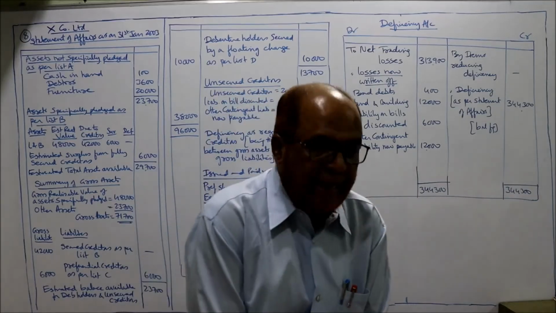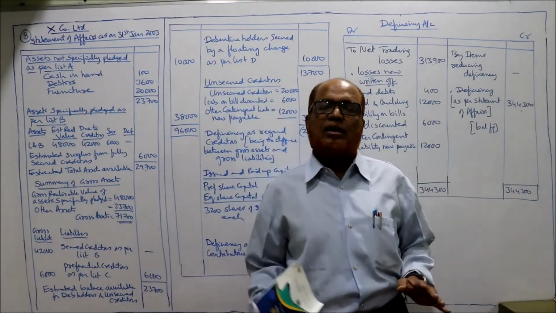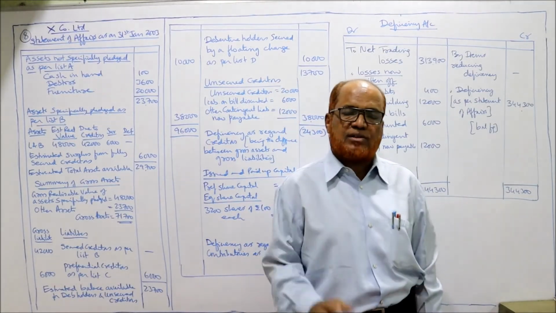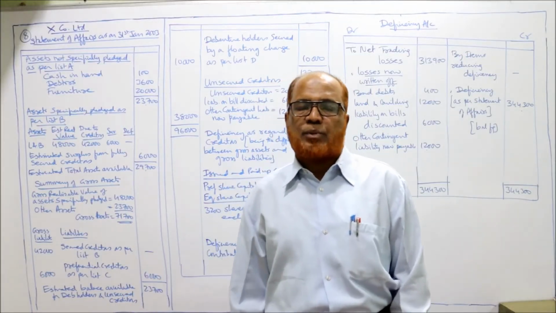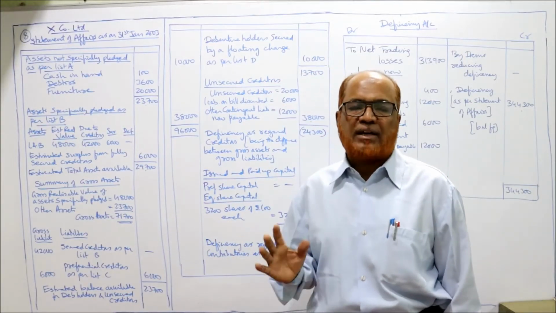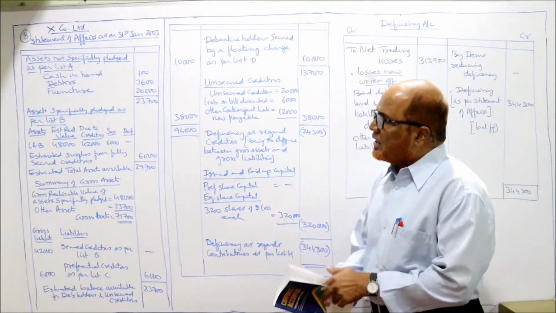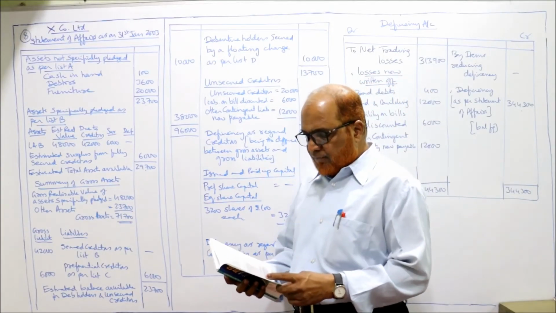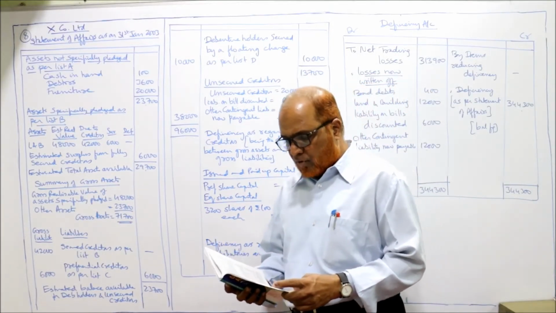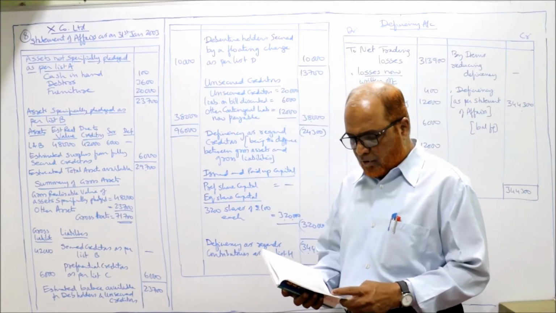Now see the last 8th problem. This will be the last and final problem on statement of affairs. The next problem onwards will start the problems on liquidator's final statement of account. Now see the 8th problem carefully. On January 31st, 2003, a compulsory order for winding up was made against X Company Limited, the following particulars being